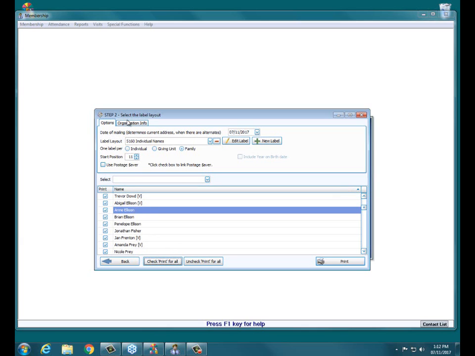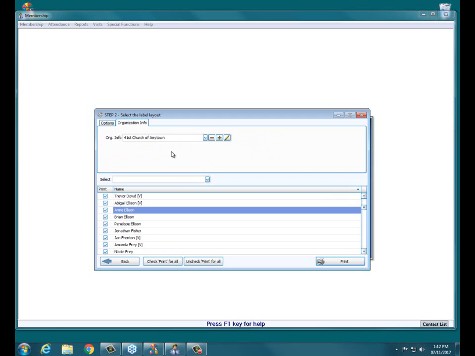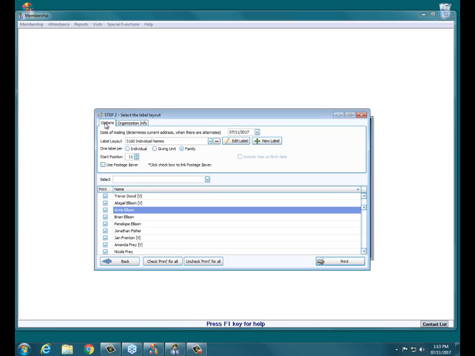Also on this screen, upper left, is the Organization Info tab, where if you'd like, you could print return address labels. And there's a sample as well. Now, if you need to change a label design, we can see that down at the bottom of 18. I guess I got a little ahead and showed you how to do that with the individual label. If we go back to options,